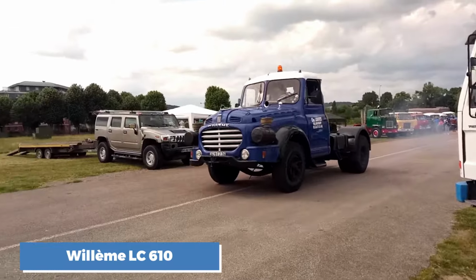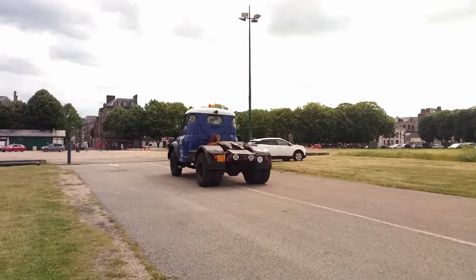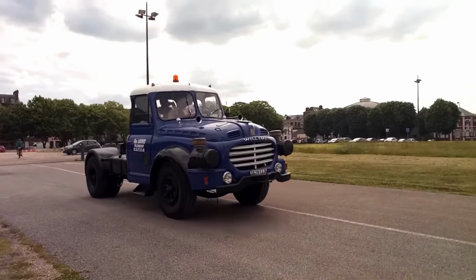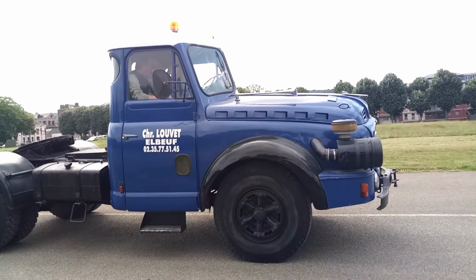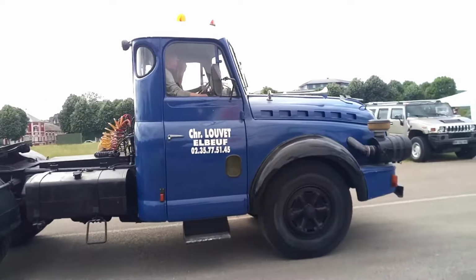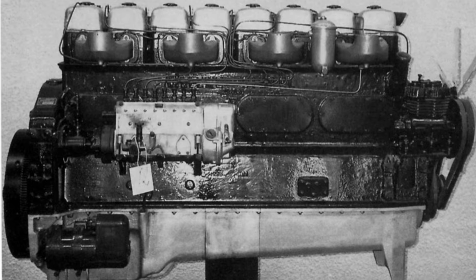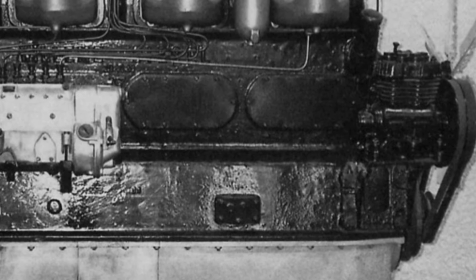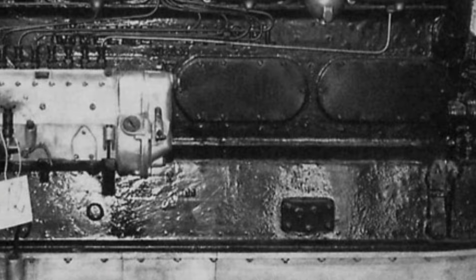Number 10. Willeme LC 610. Last but definitely not least, we have the Willeme LC 610, a truck that was designed for long-distance heavy hauling. Willeme was a relatively small French truck manufacturer, but their trucks were known for their power and durability, and the LC 610 was no exception. Powered by a V12 engine, the LC 610 produced an impressive 300 horsepower, making it one of the most powerful trucks of its time. This truck was built for hauling heavy